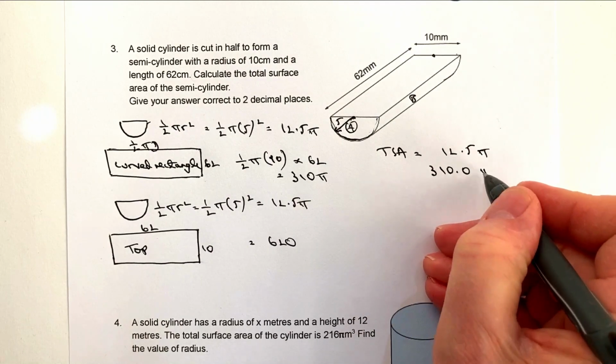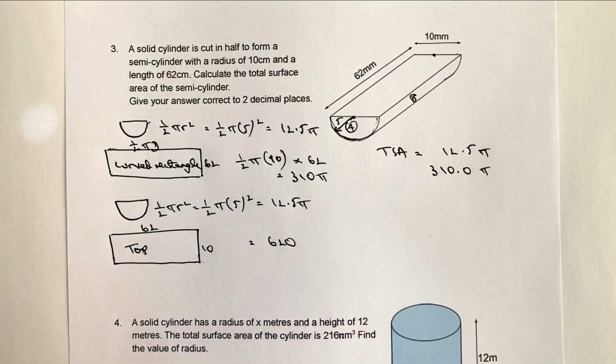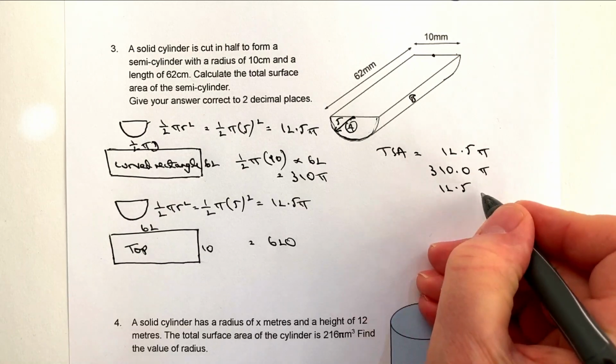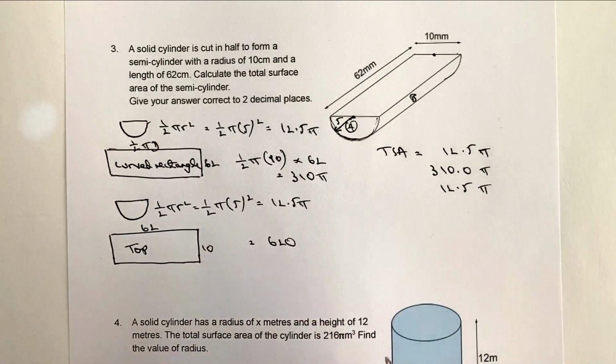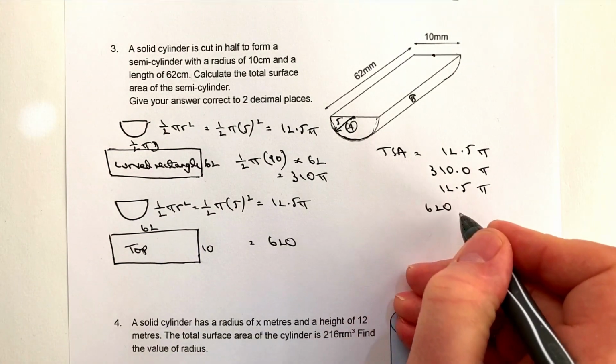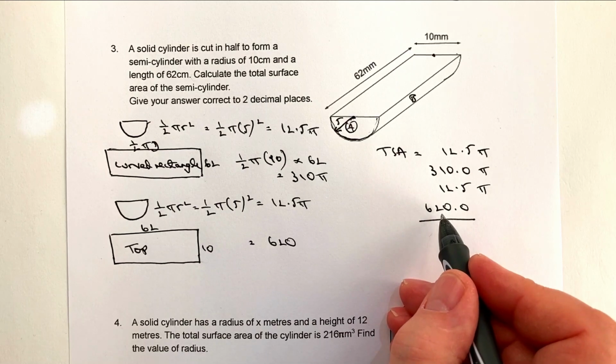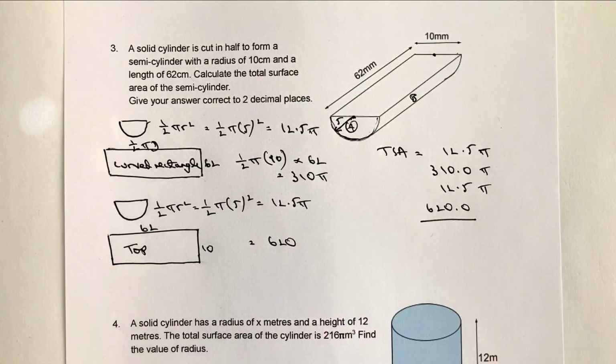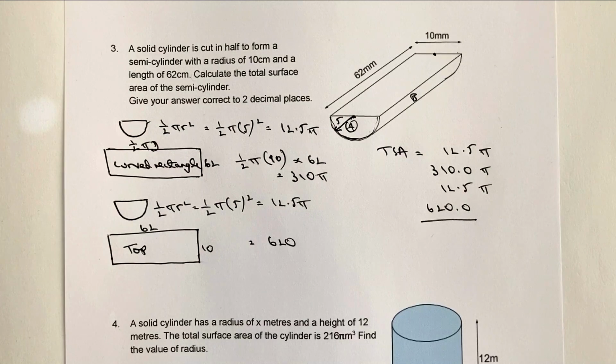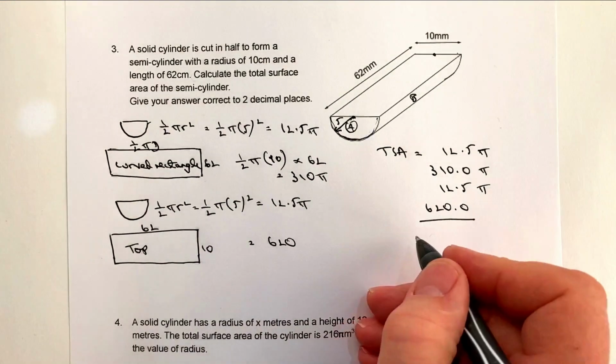310 pi. Now remember, I've got to keep the decimal point in the correct place. 12.5 pi. Okay, and then I'm going to add it just to a plain 620. So just be very careful. This is the top rectangle, which doesn't have anything to do with pi. Now, I put that into a calculator. I'm going to get